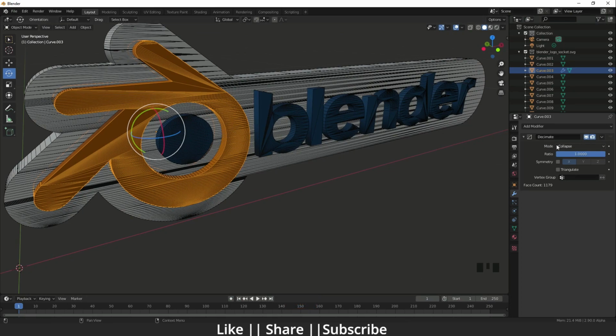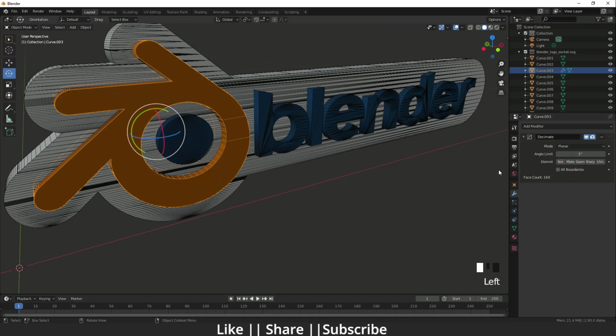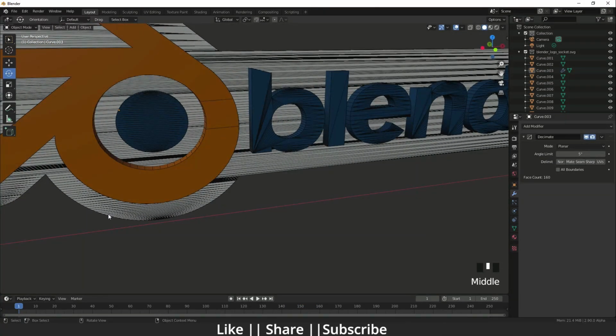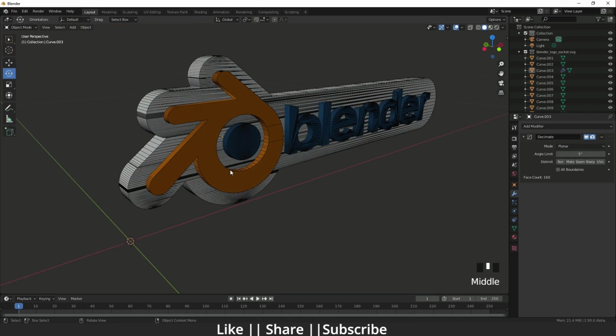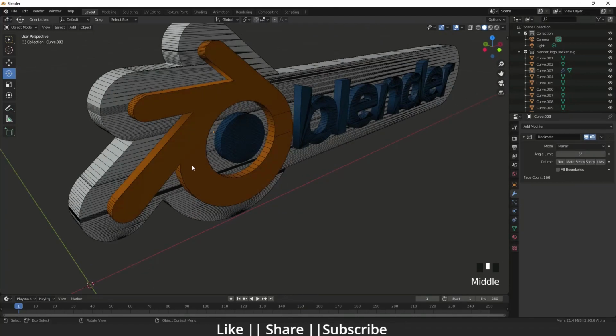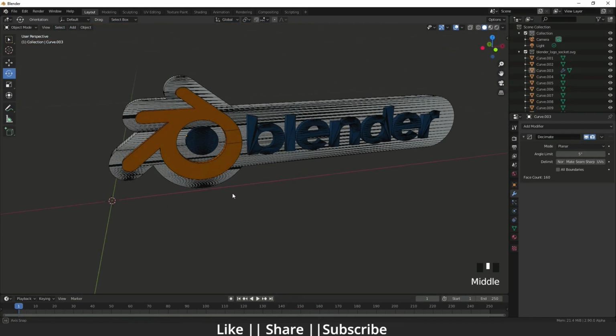So what we need to do for that, there is a mode option. I'm going to choose Collapse to Planar. When I click Planar, you can see all the extra edges are gone and only some required edges are left. So you can see.